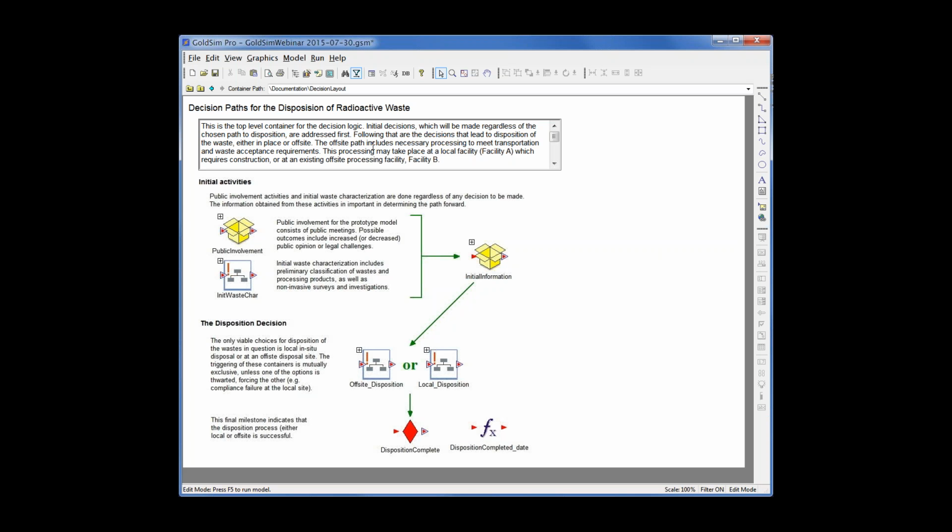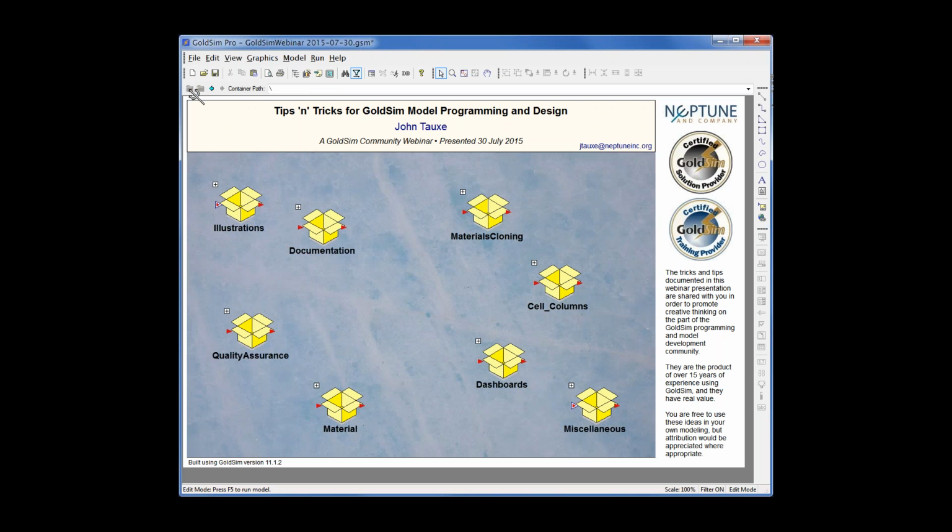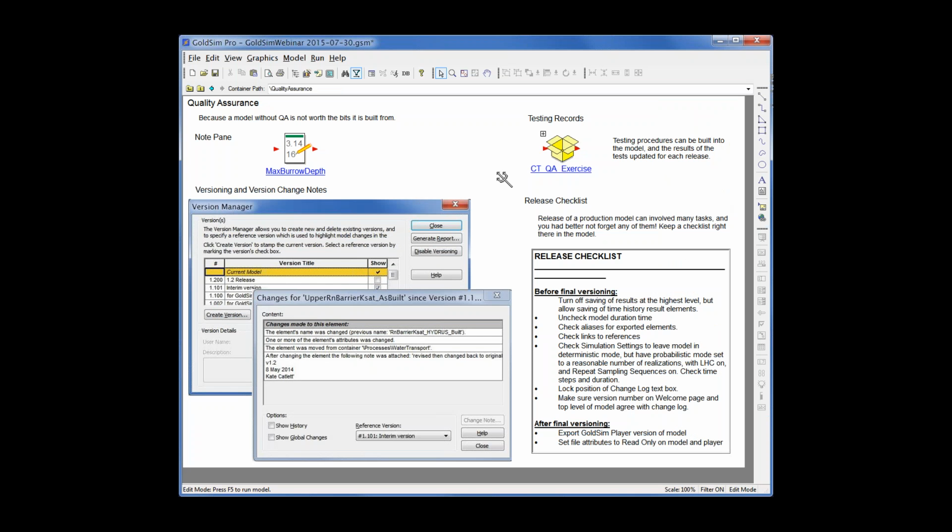And again, there's a text box explaining things. So that's part of the documentation. And documentation is in here for quality assurance. And quality assurance, I know it's kind of a pain sometimes,